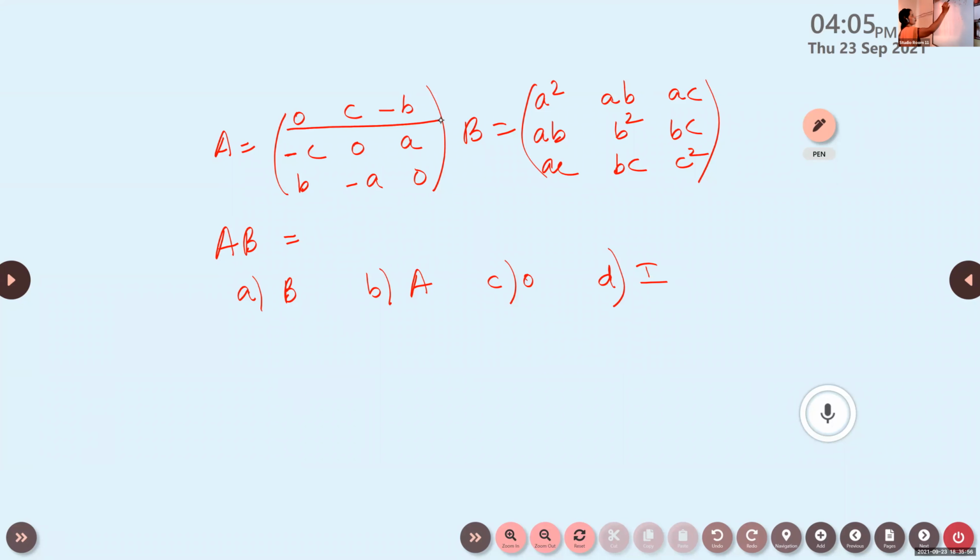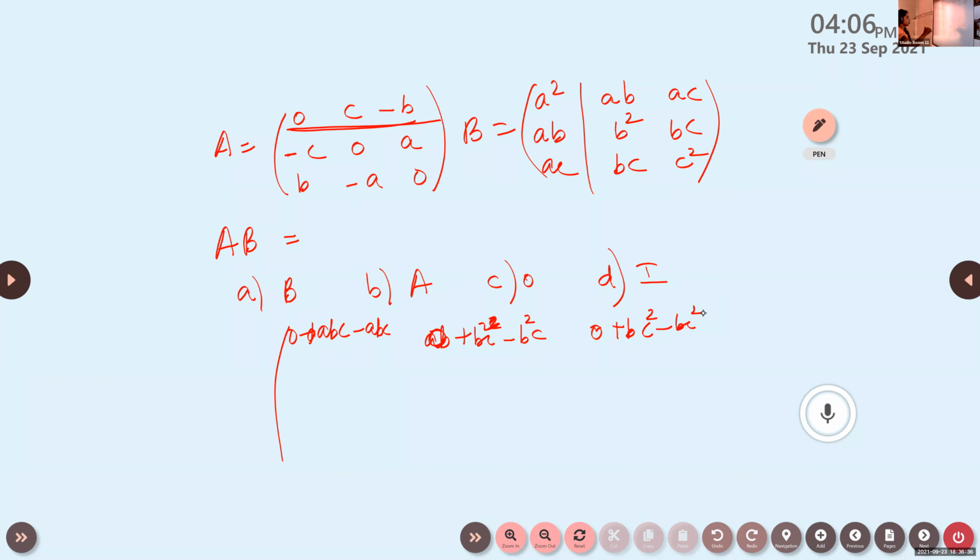Multiply this row with column. What you will get? 0, A plus ABC minus ABC, isn't it? Now take the first row with the next one. AB plus BC square minus B square C, BC, B square C minus B square C. Here it will become 0. Again here A is 0 plus BC square minus BC square.